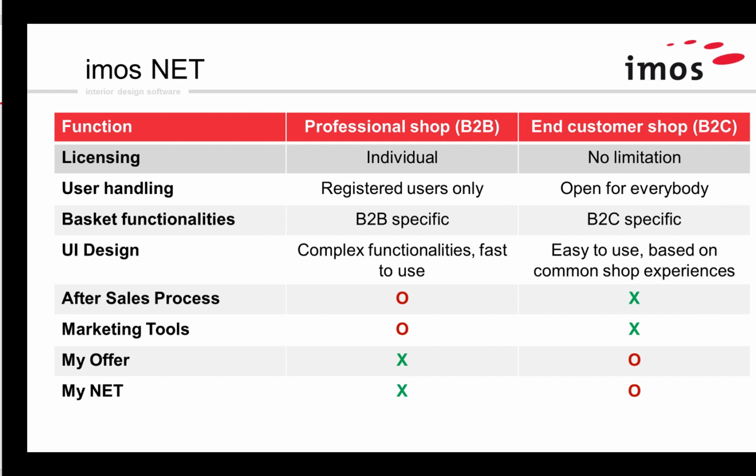In the B2B shop there are not many tools, because it's just the start page where you can communicate with your user, but there are no more tools. In comparison, in the B2C system there are a lot of tools you can use. There's an option to show the most sold articles. You can show articles which fit the ones you are looking at right now, or you can build pages which are called